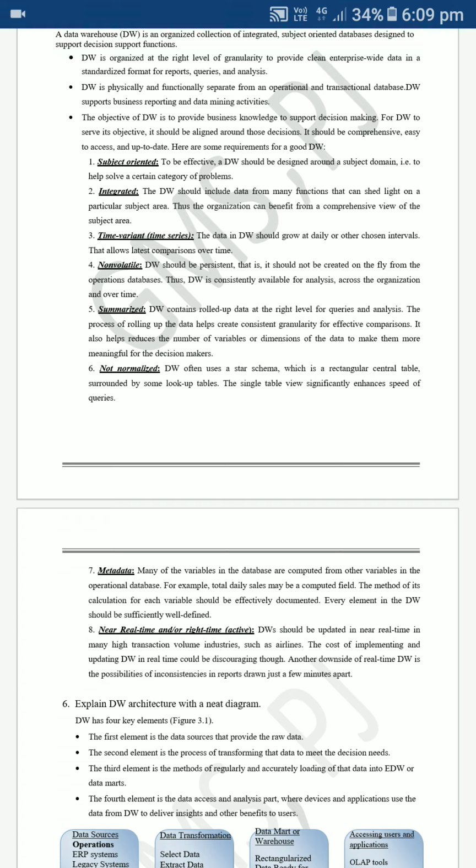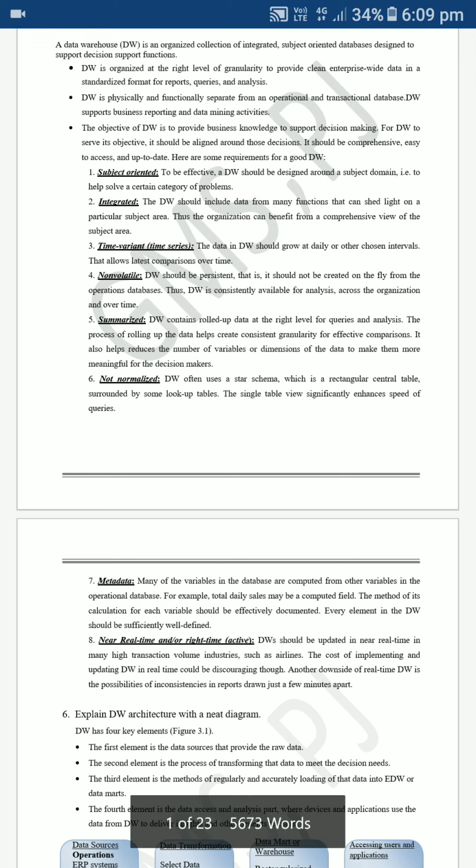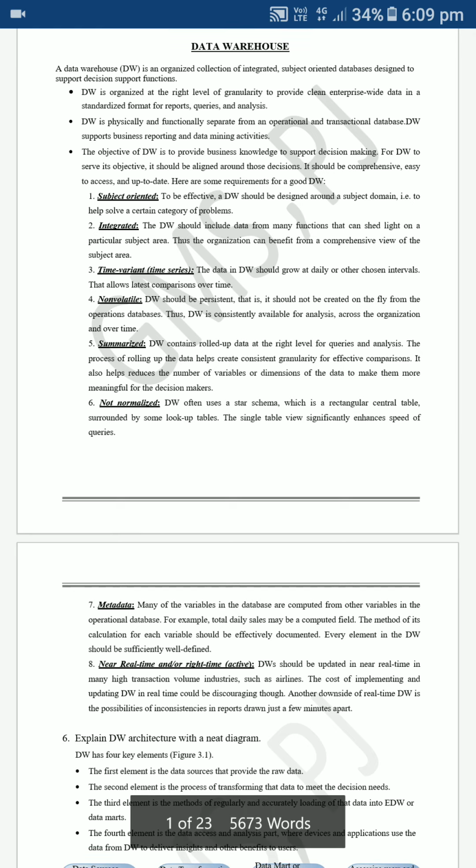And next one is integrated, which means it will include the particular subject areas. For example, first if I choose a subject domain, you can take big data. Only in big data there are n number of subject areas, for example, MapReduce, HDFS, Pig, Hive, Cassandra, like that. If you want to work on HDFS, you can select HDFS. If you want Pig or Hive or Cassandra, you can choose any particular subject area. This is nothing but your integrated.